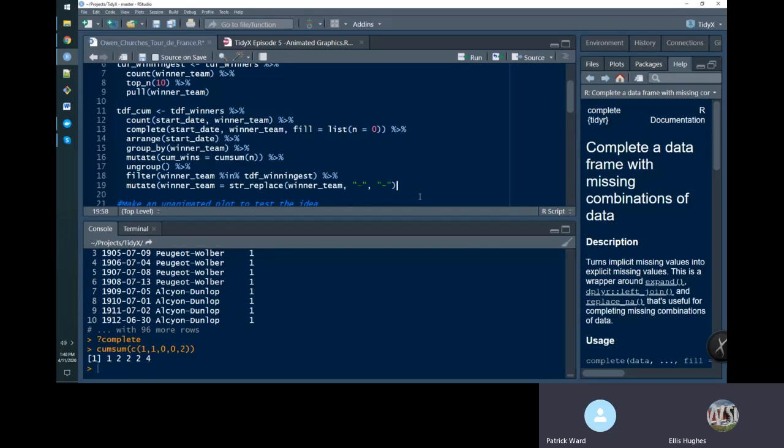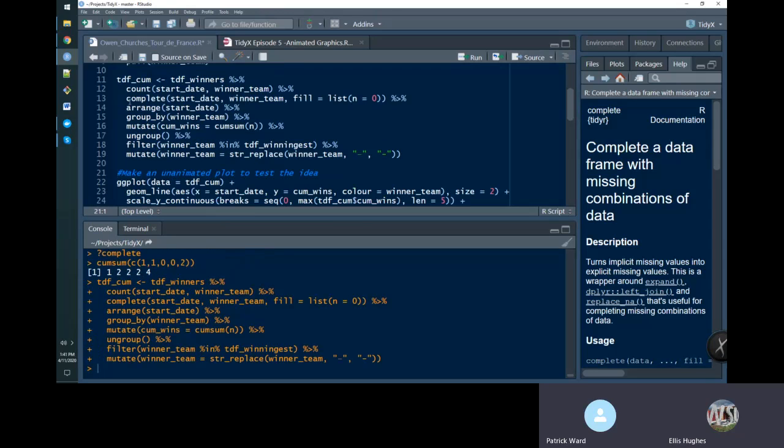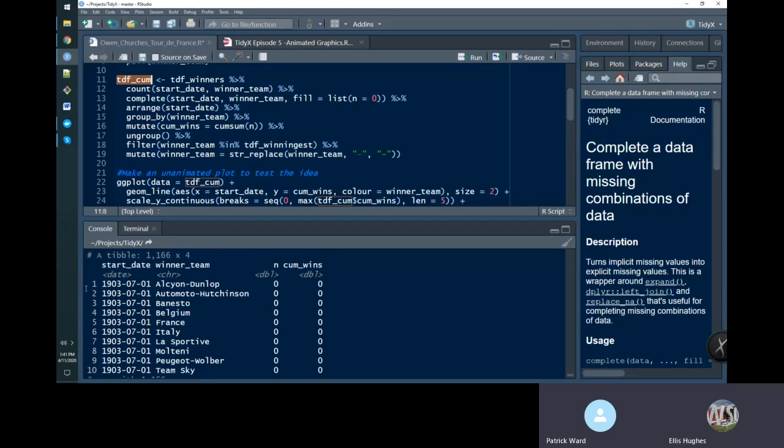And so if you're trying to call out the winner team, if you typed it into your RStudio session, it won't recognize that. So you have to replace it with the standard UTF-8 hyphen. So all right, we run all that, and so now we end up with a data frame that has the